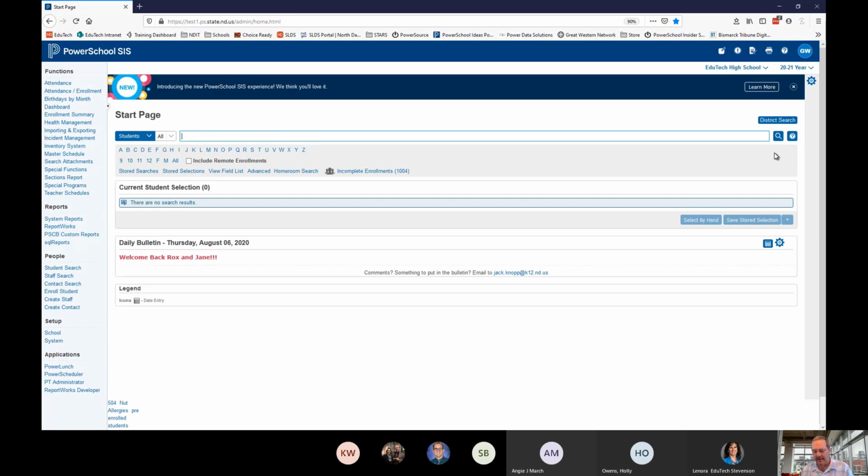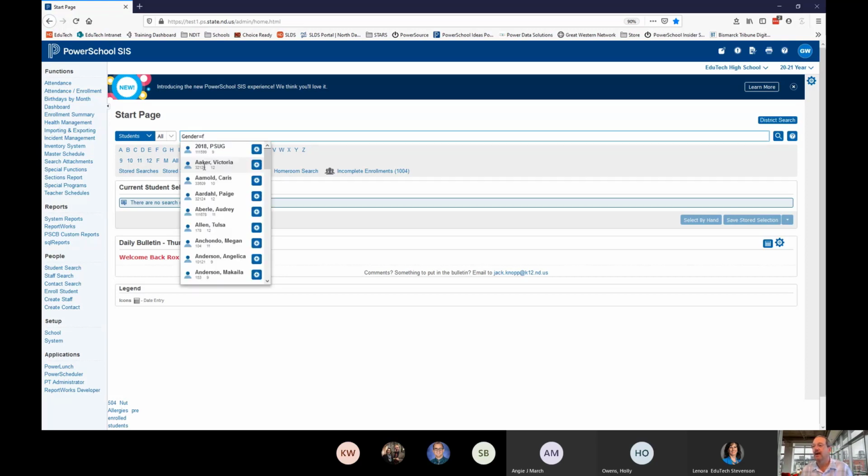Compound searches are easy enough in that you just need to know the field name, okay? So we can go right here and we'll type in gender, or we begin to type it. Right there's the field name. That's what that smart search brings up for us. Real handy, right? Gender equals F, and now gives us a little line there. I'm starting to get a long list of all my females in school, but now I'm going to go ahead